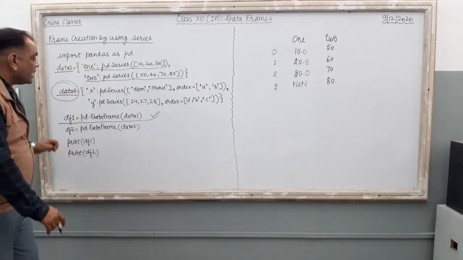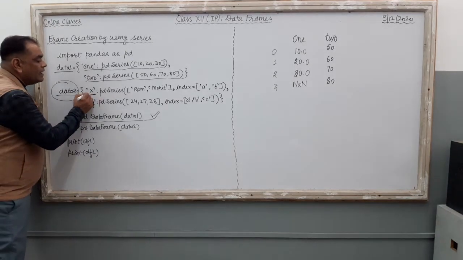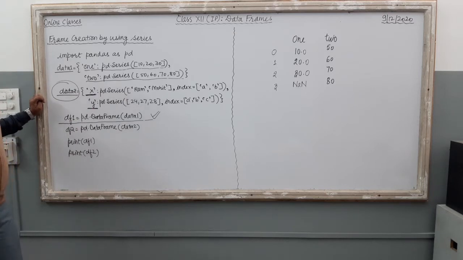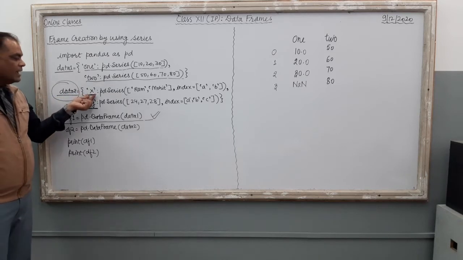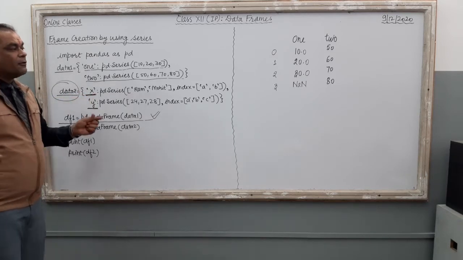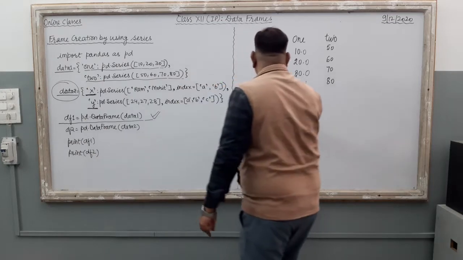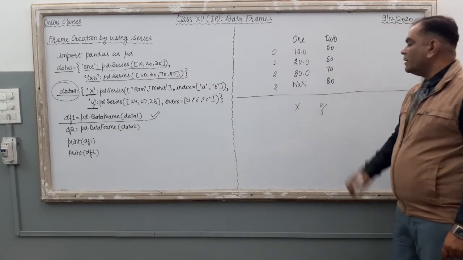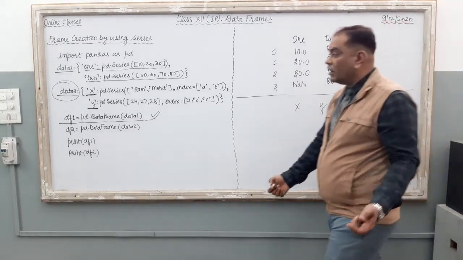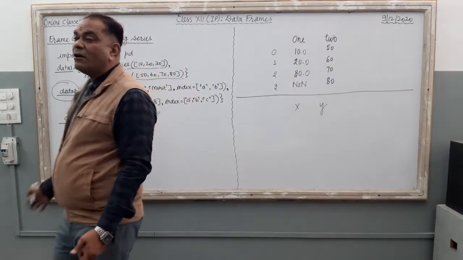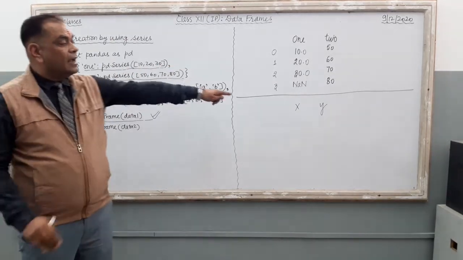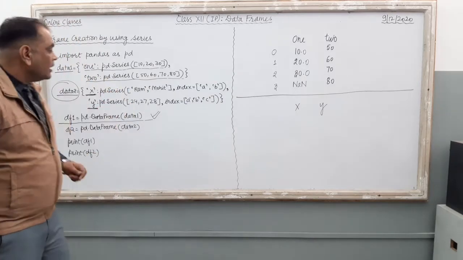Right? अब आपको क्या करना है? Just see the key of the dictionary. पहली key क्या है? X. Dictionary is a key column value. इसी का तो पेयरिंग होती है. The first one is key. Here the key is y. तो आपको क्या करना है सीधा? If you want to show the data frame related with this dictionary, आपको सबसे पहला काम x और y नाम के 2 कॉलम बनाने हैं. क्यों बना रहा हूं मैं कॉलम? Because these are the keys of the dictionary and the key of the dictionary is treated as heading of the column. Right?